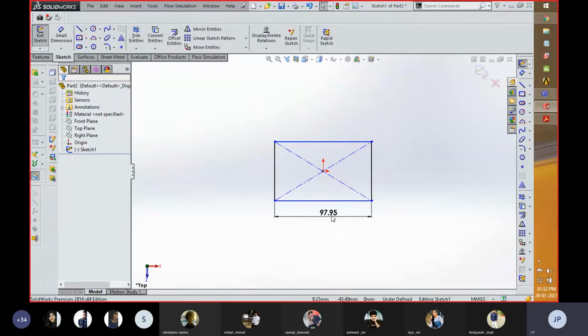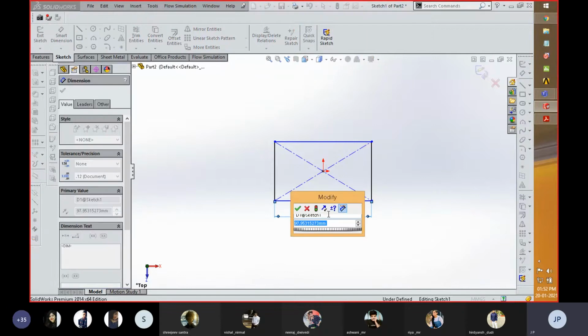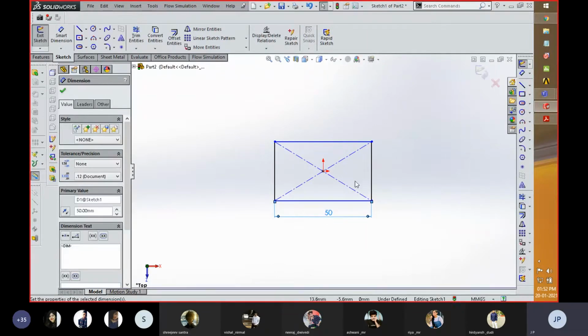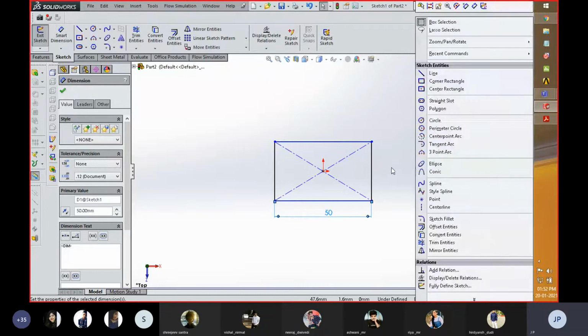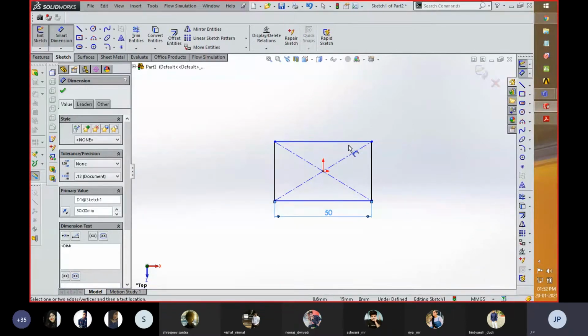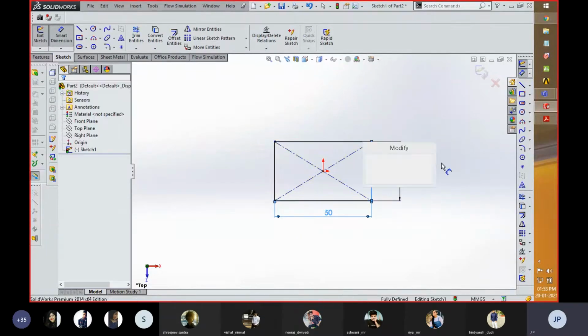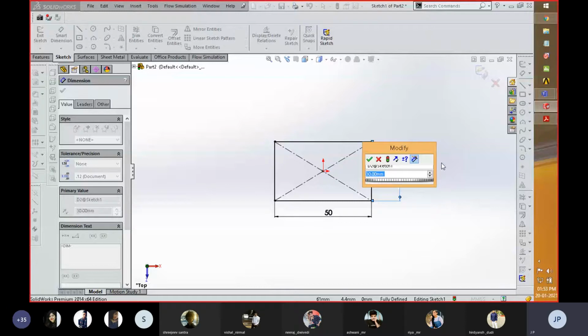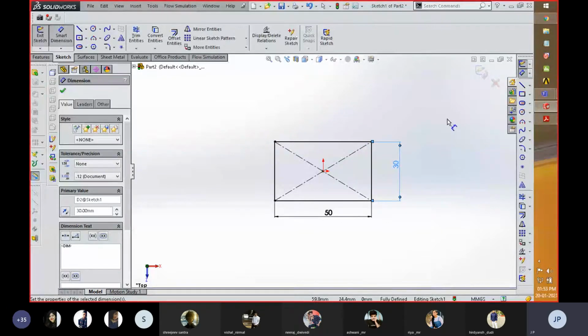So from here you can edit any sketch as per your requirement. Over here I dimension this line, and with respect to putting the value, I can double click on this value. It is edited, and now I'm going to fill in the value of 50 millimeter. So it is 50 millimeter, and with respect to width I'm going to dimension this line with 30 as defined. I am going to do the same.